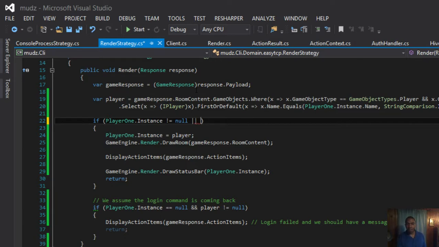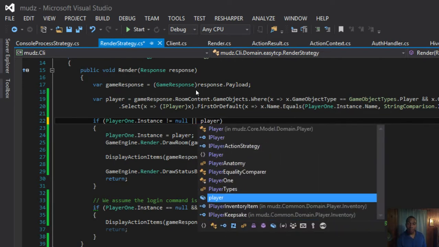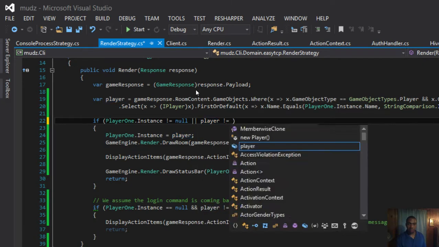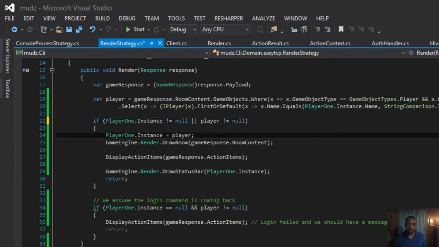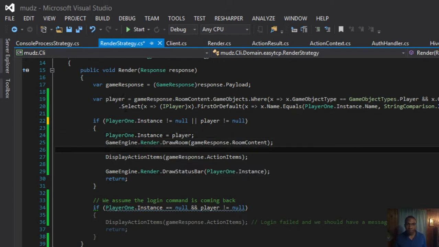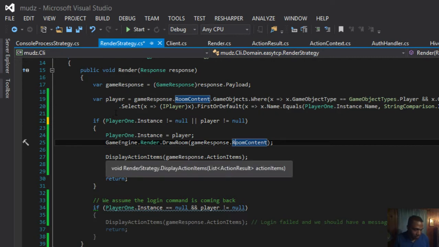So we want to say if the current player is not null, meaning we already logged in, or the player coming back is not null. In either case, we want to go ahead and assign the current instance to this refresh player and draw the room and display the action items. And we're saved here by this new action context, because if we need to greet the player, it should be in this list of action items.